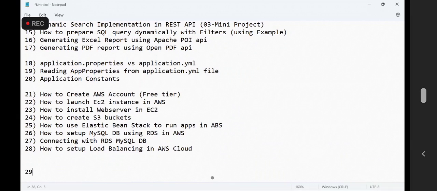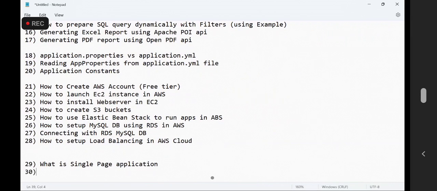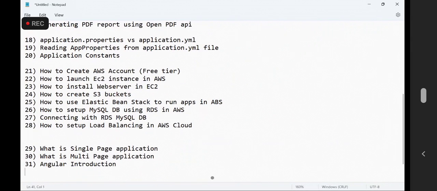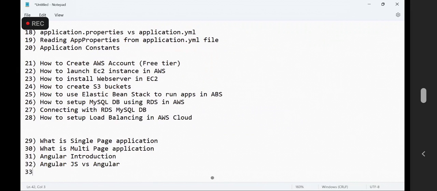Then we discussed about what is a single page application, what is a multi-page application. Then we discussed about Angular introduction, then Angular versus AngularJS, AngularJS versus Angular advantages,